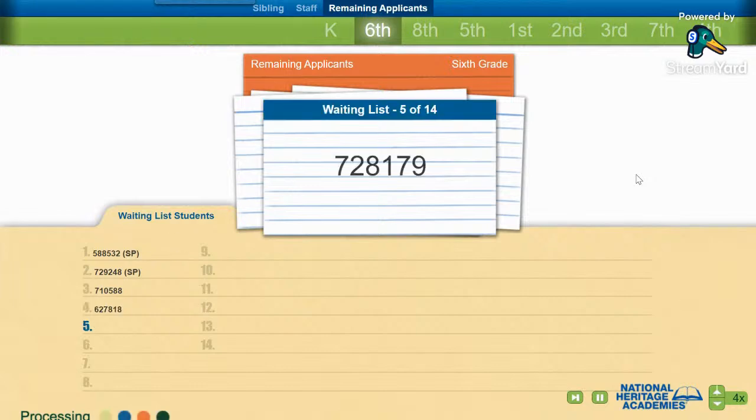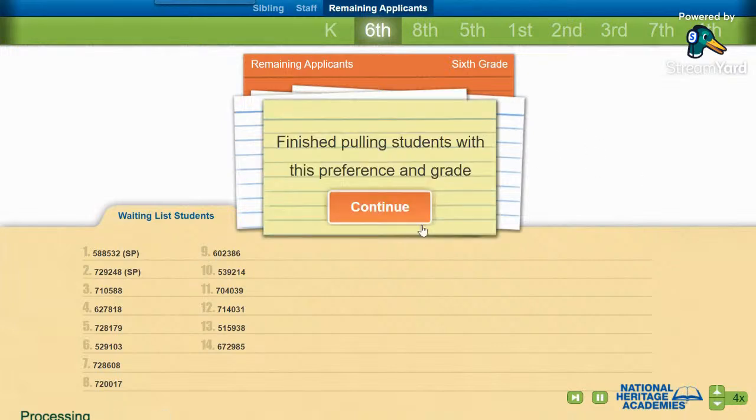But congratulations to our new kindergartners. We will look forward to seeing you in the fall. Stay tuned for more information about paperwork and information that you need to provide to us to secure your child's seat. And if your child ends up on the waiting list today, don't be discouraged. There is movement between now and next fall. Keep an eye out for emails regarding that. Okay, there's the sixth grade waiting list.